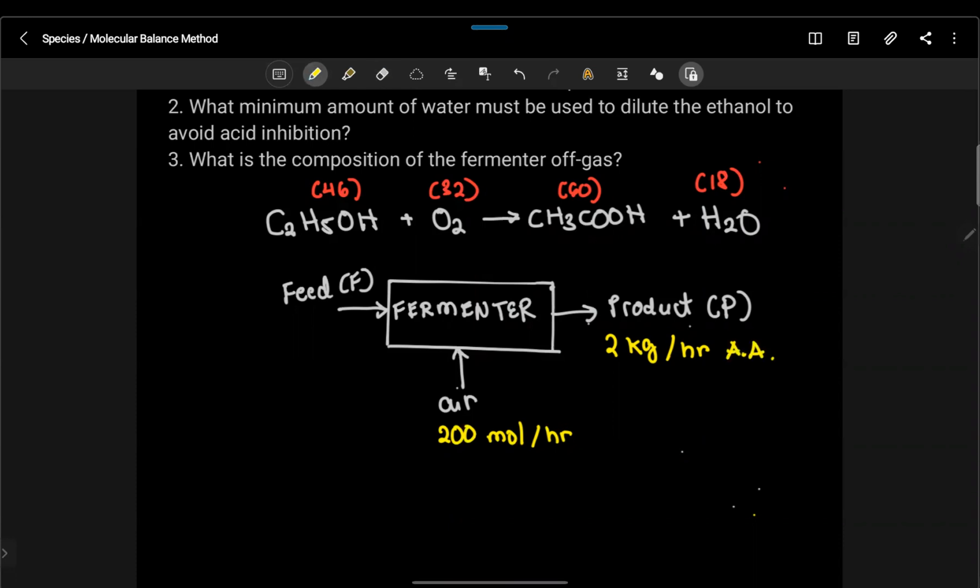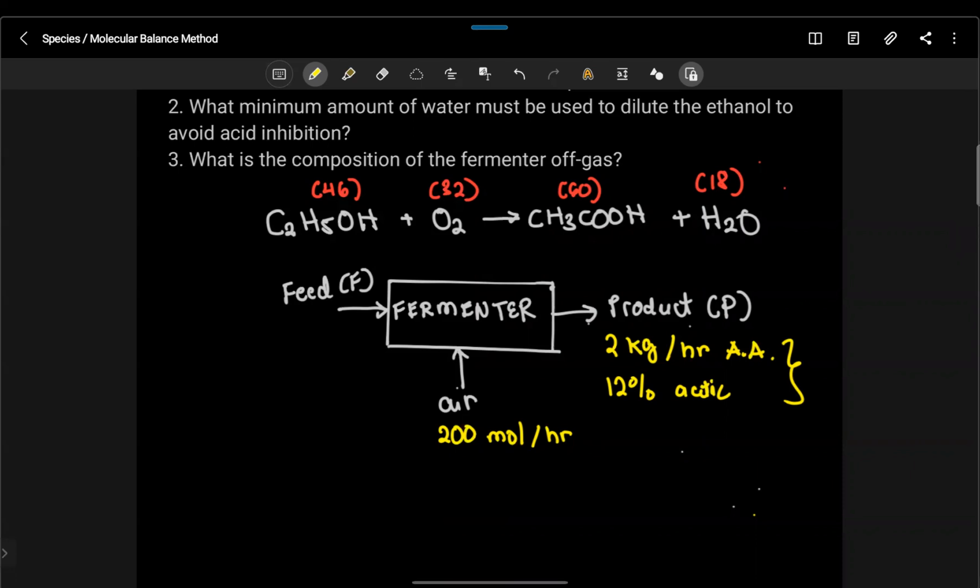Okay? So 2 kilogram per hour acetic acid yung production. Hindi 2 kilogram per hour ng buong product stream. Pero again, may limitation. So dapat, sabi nila sa problem, 12% yung acetic acid. So this is a mass percent, no? So these two here, yung production rate tsaka yung concentration ng acetic acid, these are